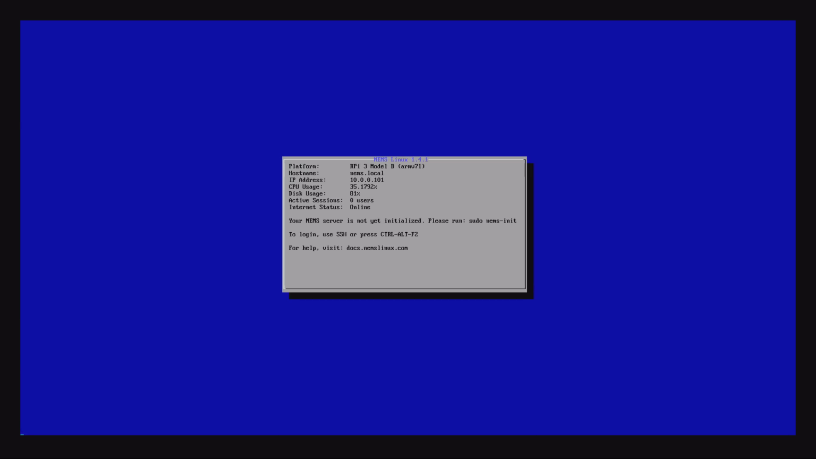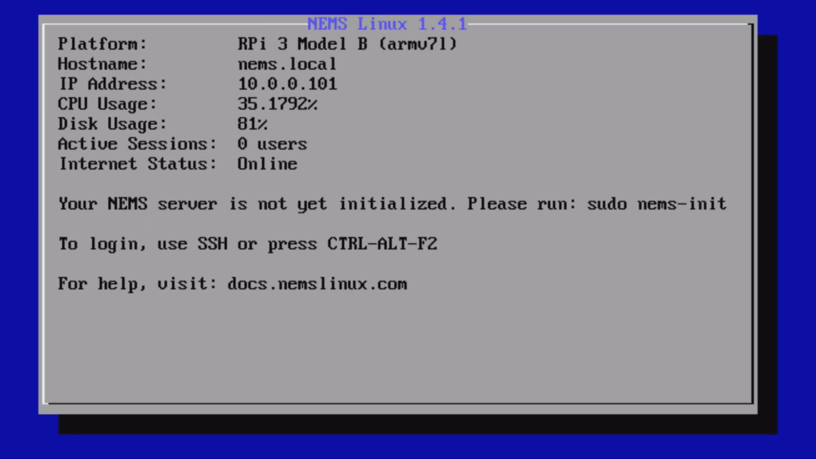And once it's up, we're going to get this splash screen. There we are. So you see NEMS Linux is up and running on 10.0.0.101. It also has a host name of nems.local, and it's detected my device as a Raspberry Pi 3 Model B. And current CPU usage is rather high, and the reason for that is because